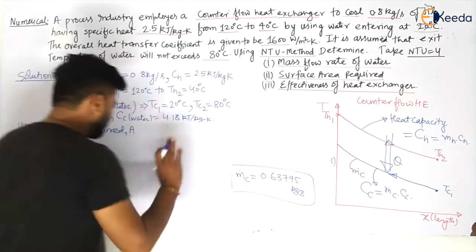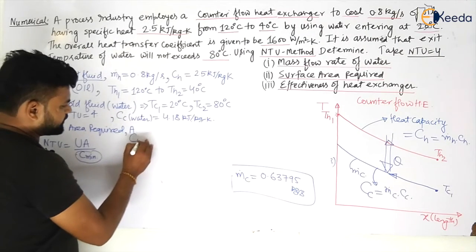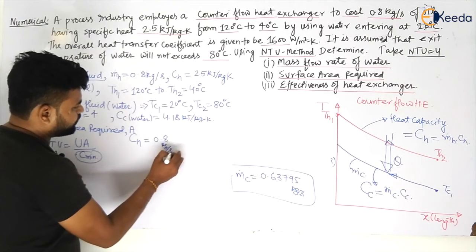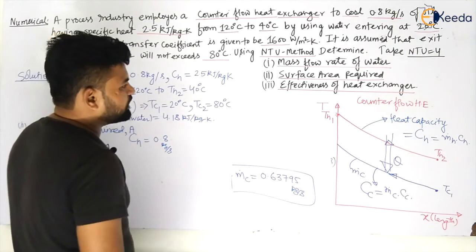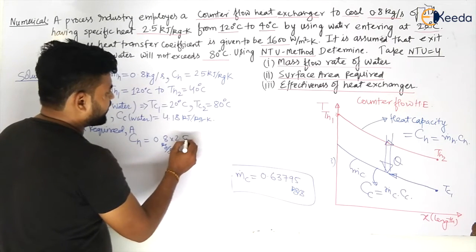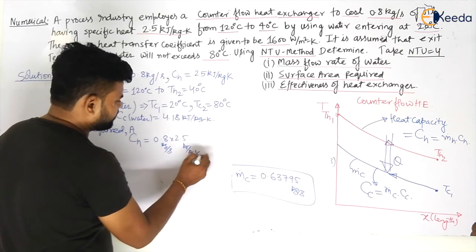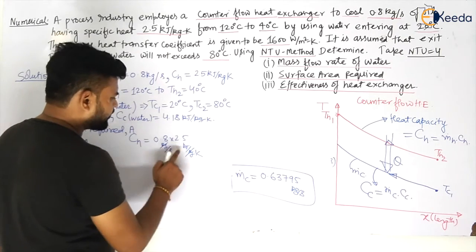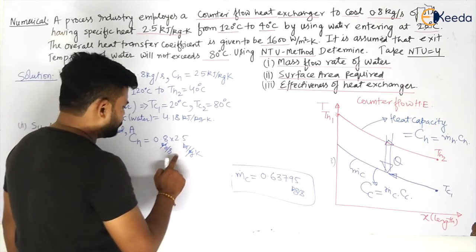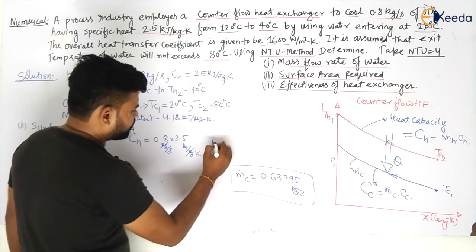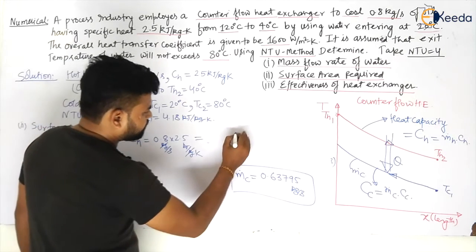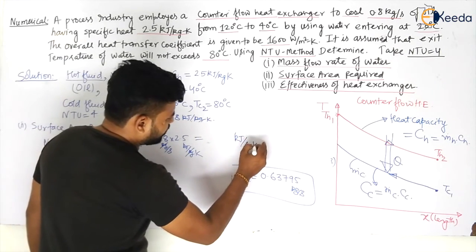This will become equal to, let us calculate CH first. So the CH will be given by M dot H, which is 0.8 kg per second, my dear students, multiplied by CH. What is your CH? That is your 2.5 kilojoule per kg Kelvin, my dear students. So kg will go. So we can easily have the unit of particular CH. So the unit of particular CH will be kilojoule per second Kelvin. One mark question, my dear students.